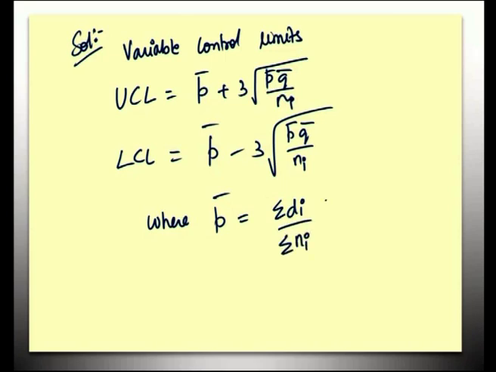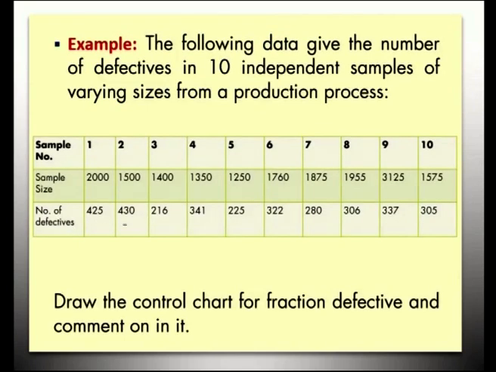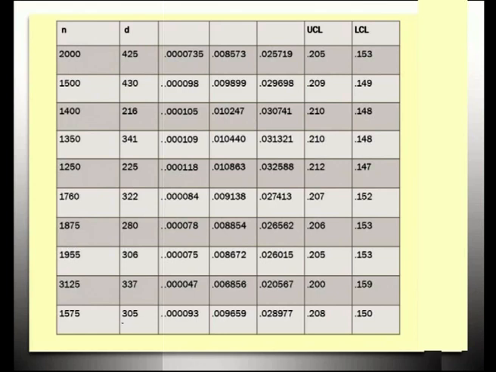This is the number of defectives, given as the D value, and the total is summation D i, N i values. Summation D i is 3187